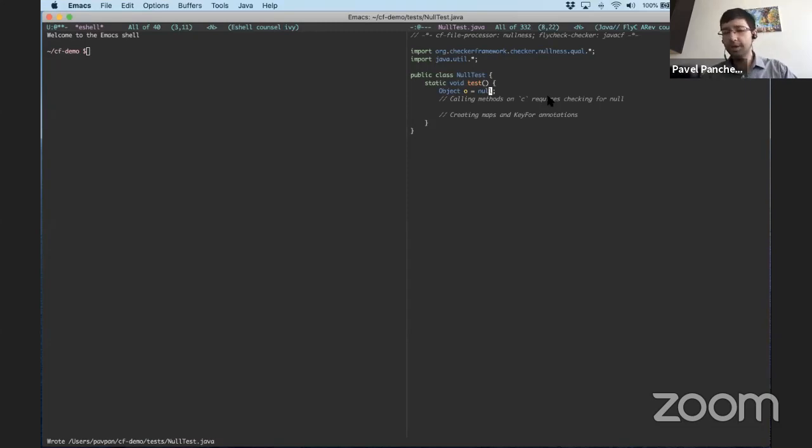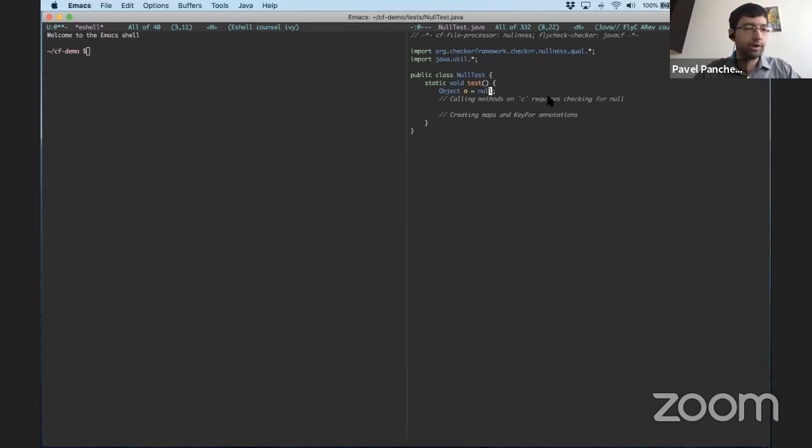In Java, you can run into problems because you expect to have a valid object of some type, and instead you have the value null. So the Checker Framework provides what's called a nullness checker, which checks or attempts to check whether or not various objects are null.